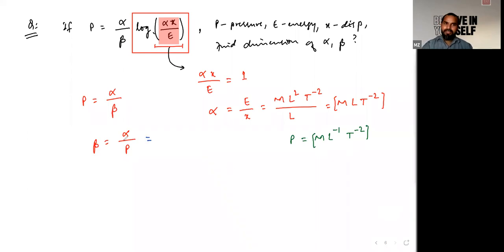just see. Alpha is nothing but M L T to the power -2. And P is just pressure, which is M L to the power -1 and T raised to the power -2. We have to just compare each and every part individually. Suppose for first M and M, and similarly for T and T, whether these two would cancel out each other or not. Iram,